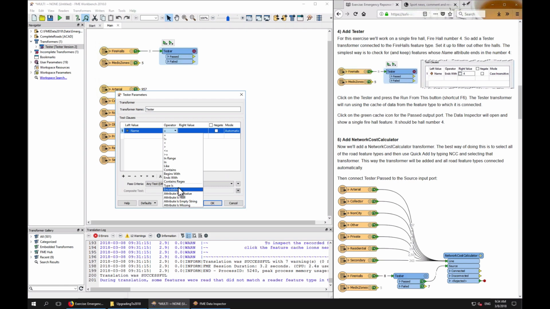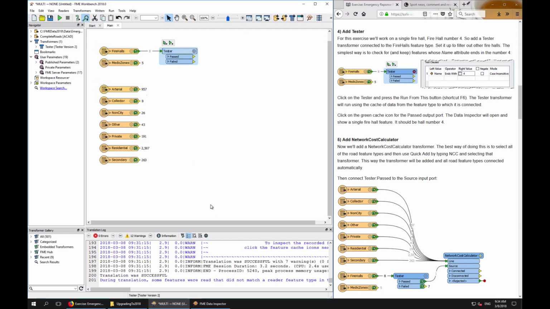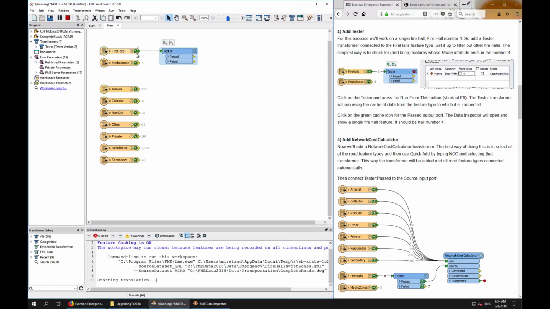The test ends with, and I'm going to put the number 4. So if the fire hall name ends with the number 4, then it passes the test. So what can I do now? Well, I can go to that tester and run from here, run to here. It'll give me the same thing in each case, or press F6, and it'll run that tester with the fire hall data cached, and I don't have to